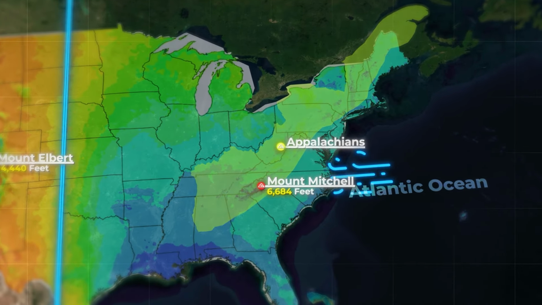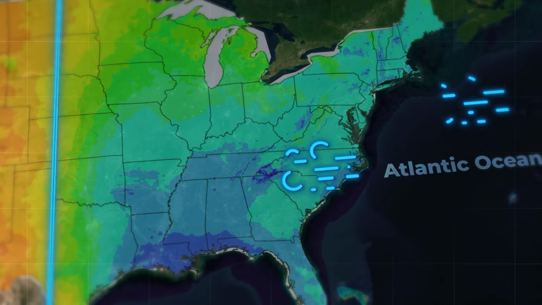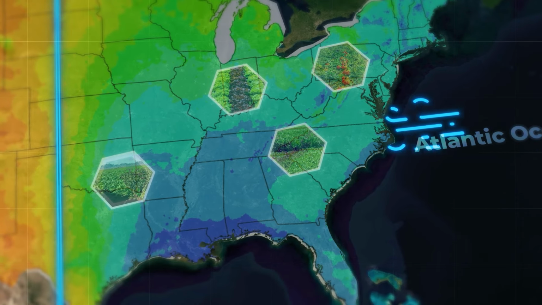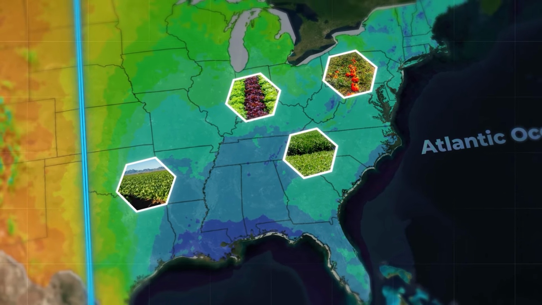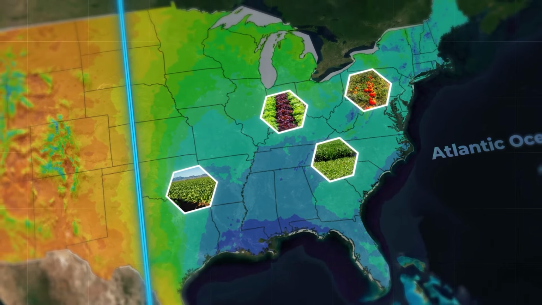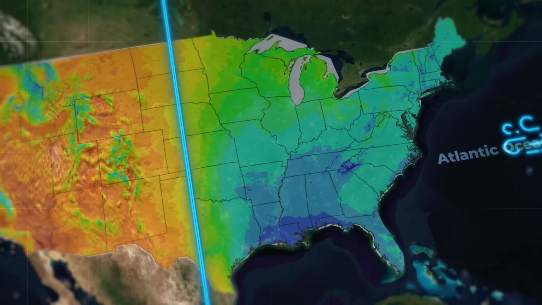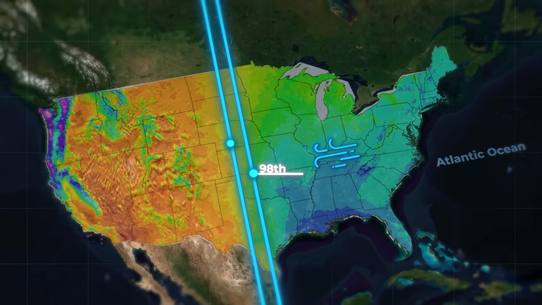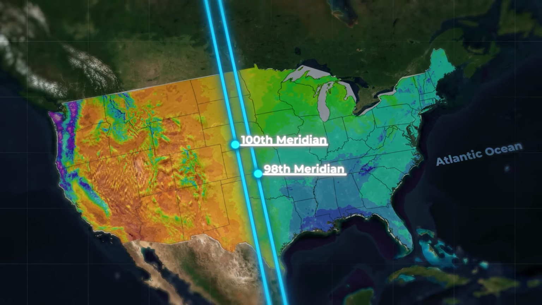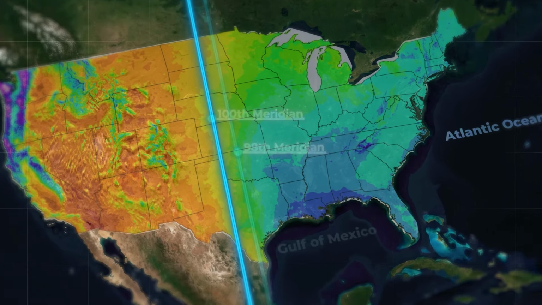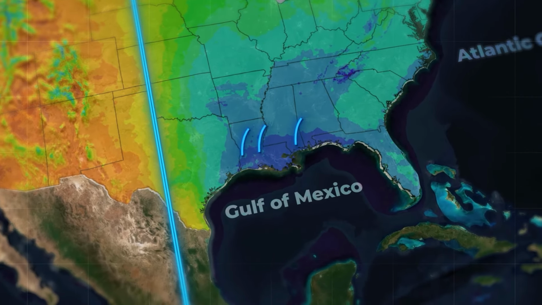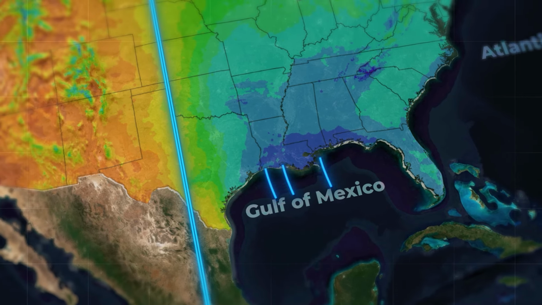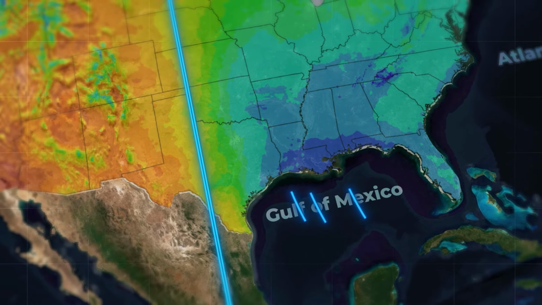As a result, moisture is frequently brought in by Atlantic winds across the eastern Mississippi Basin and the East Coast, allowing large-scale agriculture to flourish without the need for irrigation. But regrettably, these winter Atlantic storms never reach far enough to get to the western plains beyond the 98th and 100th meridian lines of longitude. In the summer, moisture from the Gulf of Mexico will also enter the continent, but these winds usually blow north before turning east, flooding the eastern United States with rain while leaving the west dry.